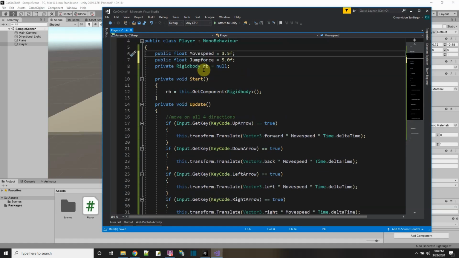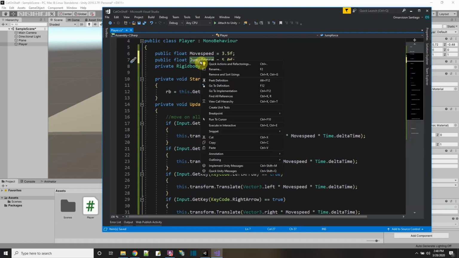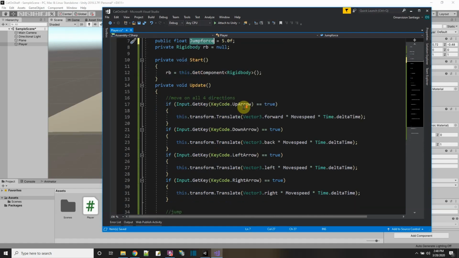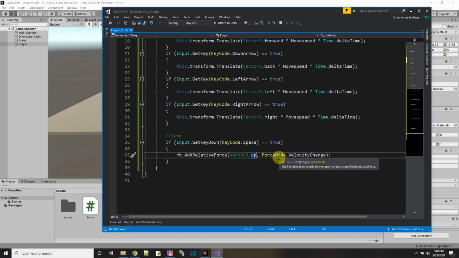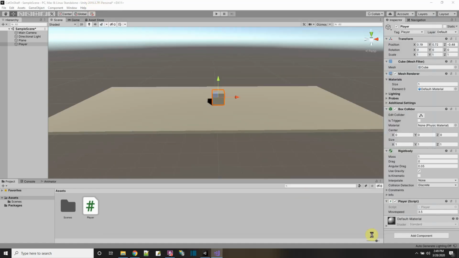Now that I have this variable jumpForce, let me just copy it and use it to multiply the up power times the jump force. That way it's not a 1, but it's whatever 1 times the jump force is. And you'll see I'll be able to jump higher. So I save that, go back here,